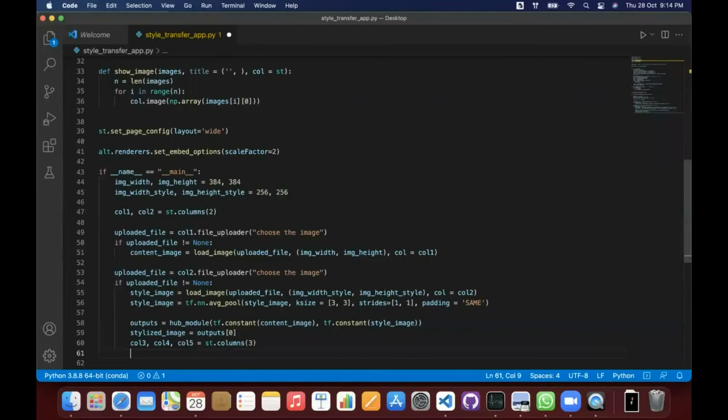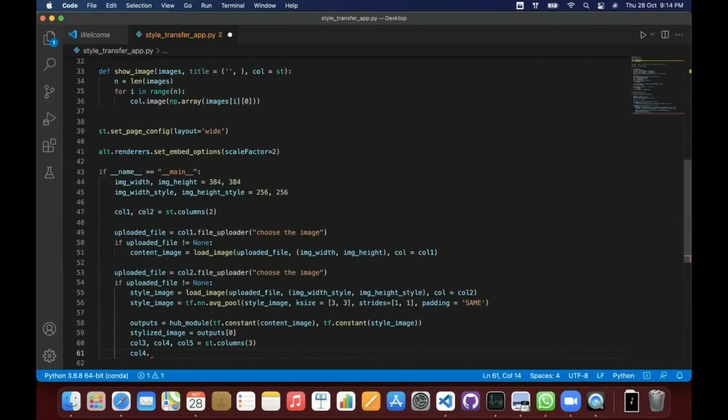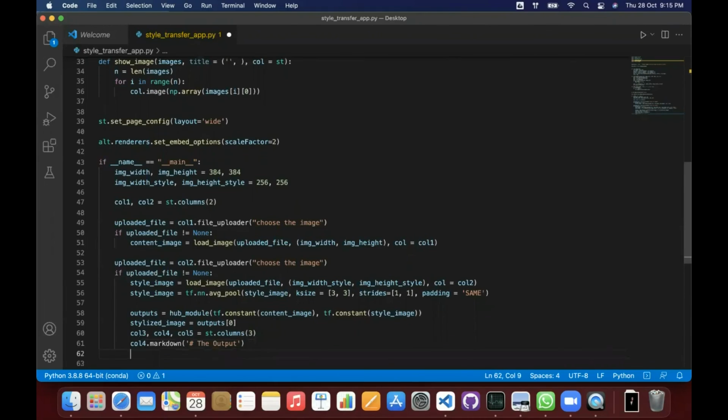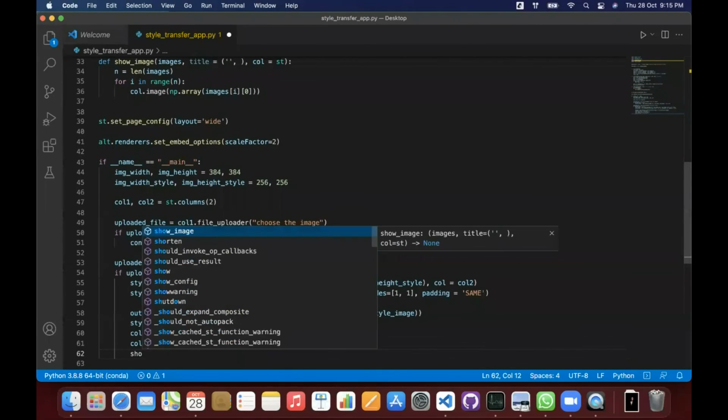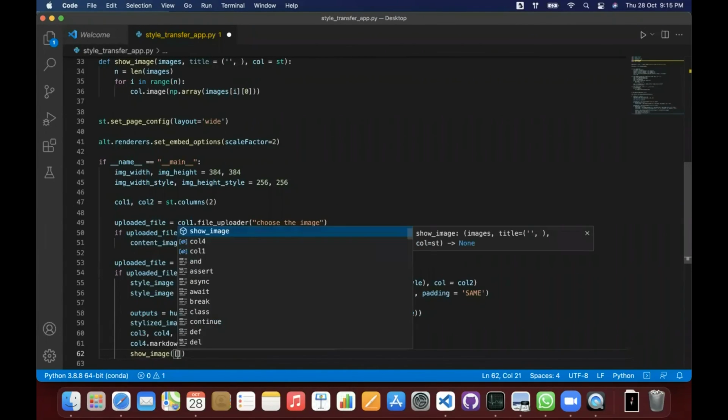So I'll write col4.markdown, and I'll pass a markdown as the output. Then in the next line I'll show my image. I'll call the function show image, and I'll pass my list of stylized image.